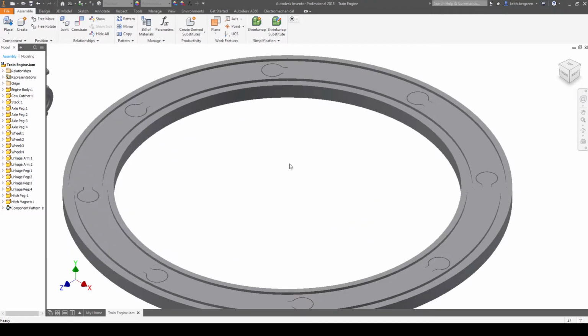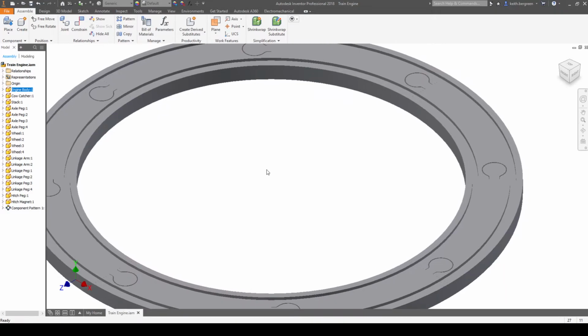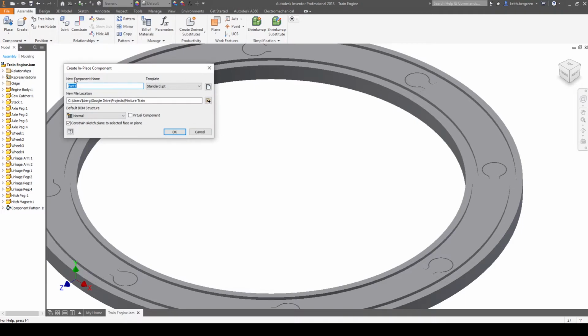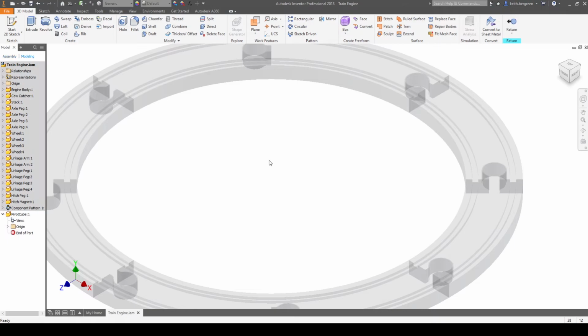All right, what we're going to do next is in the middle here, we're going to create a cube called a pivot cube that will basically be used to get the train to move around in a circle, and we're going to be adding some constraints and stuff to that cube. So I'm going to just click this create button up here in the top left, and then this is going to be called a pivot cube, and click OK. And then just place it approximately in the center of the circular track. It doesn't have to be perfect. And then click start